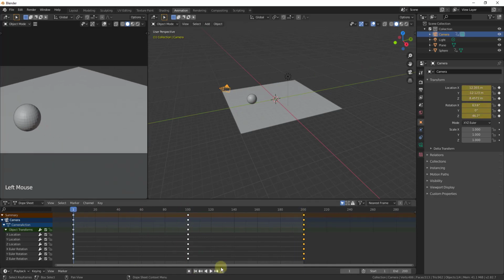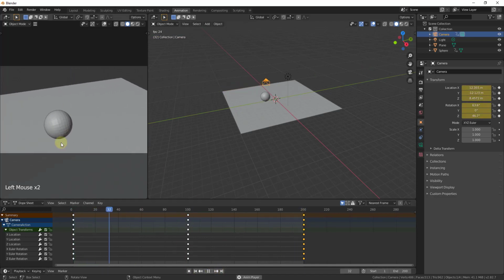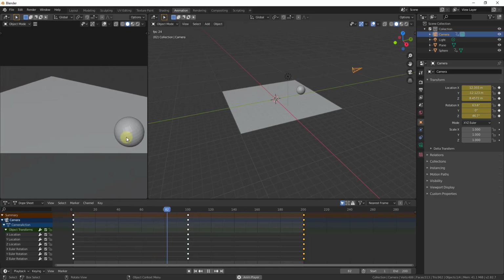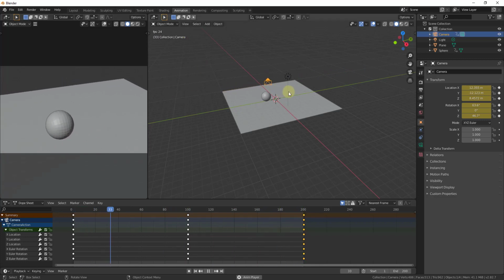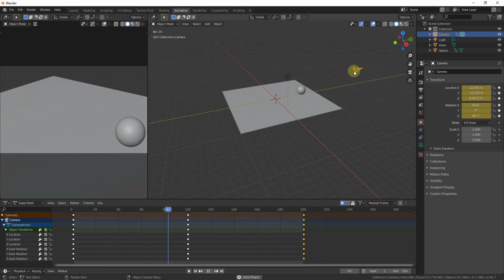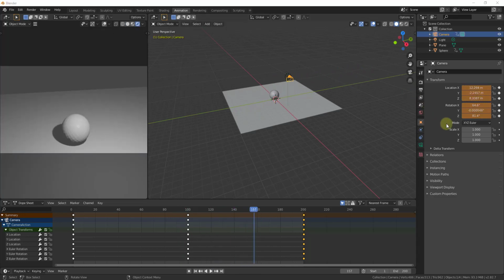So now if we click play, you can see how in our camera view, or our preview mode, our camera view is moving with this ball or with this sphere, and you can see how this is also being animated up here just because this is showing us the live location of that camera. And so what we want to do now is we want to get this ready for rendering. And so in order to do that, we're going to